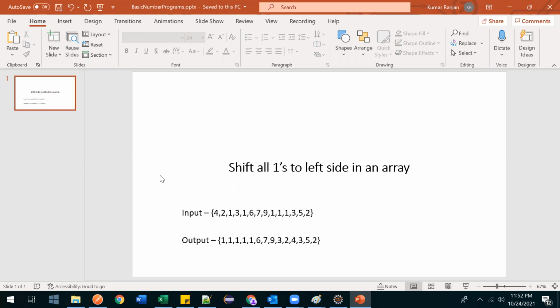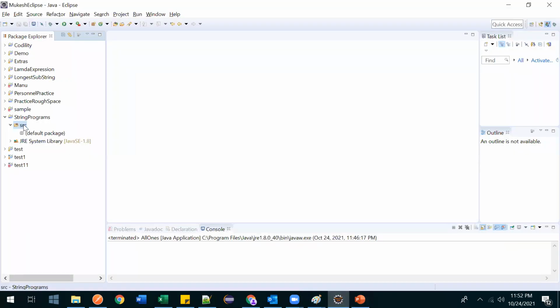One way has a little bit more space complexity. The one which I am going to write here will be good in terms of space complexity and time complexity, and that is a very easy program also. So let's get started.